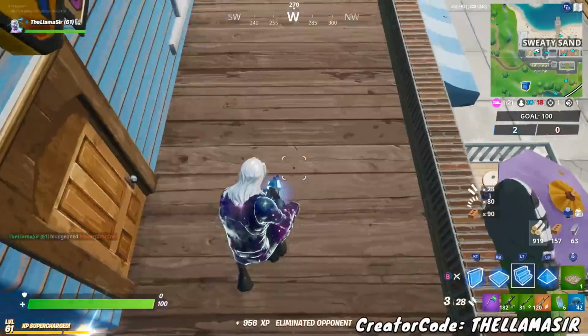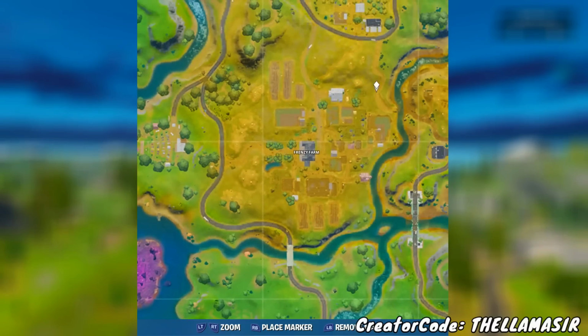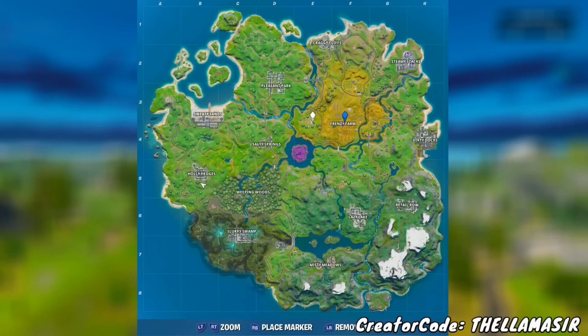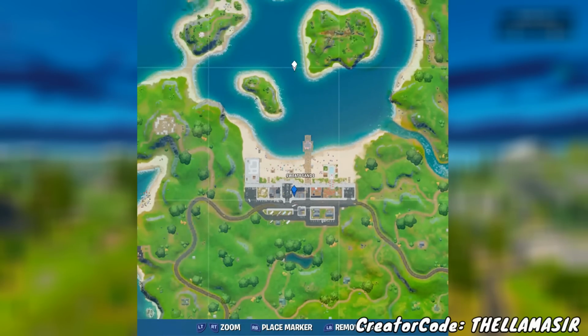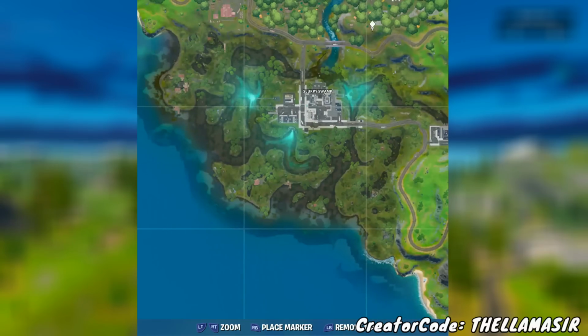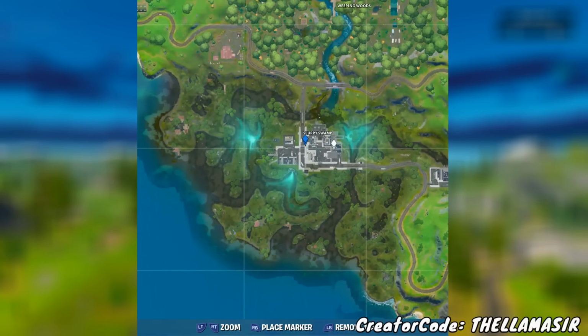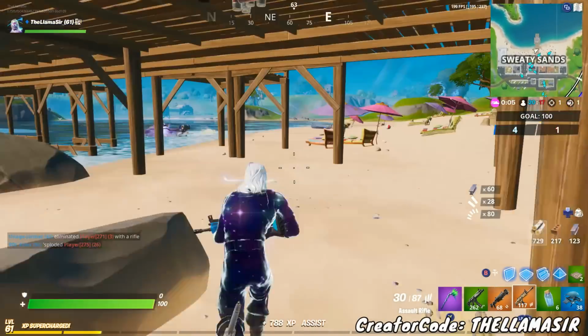So for this challenge specifically, those locations are, first of all, you have got Frenzy Farm close to the center of the map, sort of more on the right side of the map, as you can see right there. Then you have got Sweaty Sands over to the left, up towards that open water type area. And then you guys know Slurpy Swamp down towards the bottom left of the map. As you can see right there, it makes a bit of a triangle,